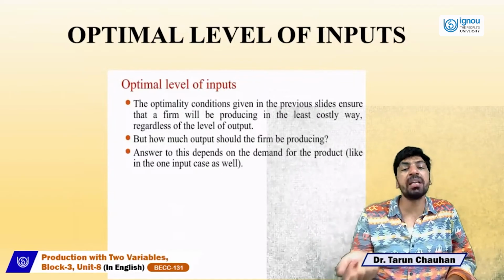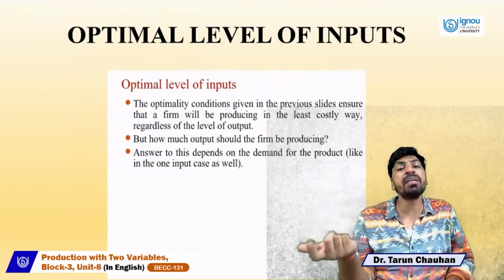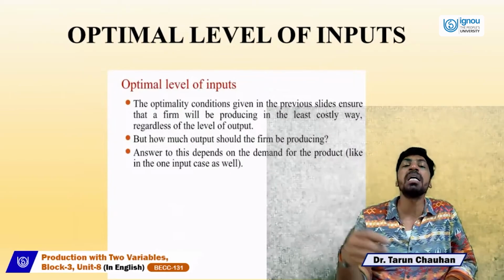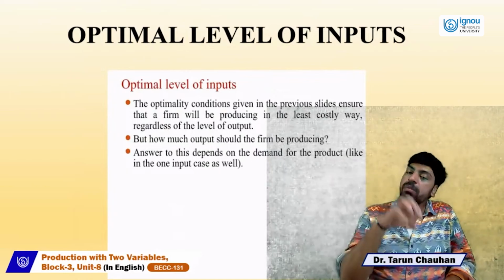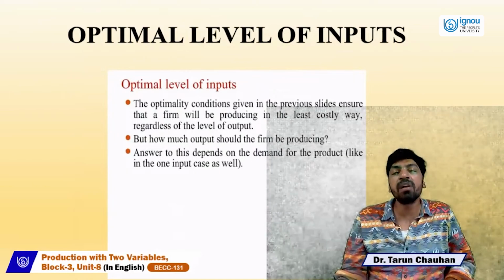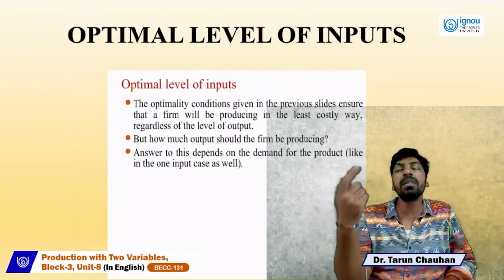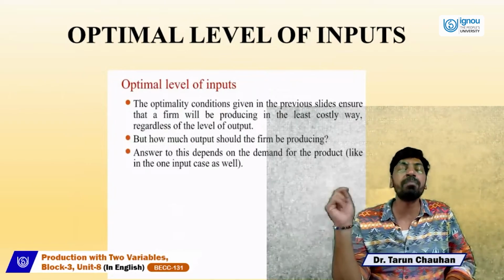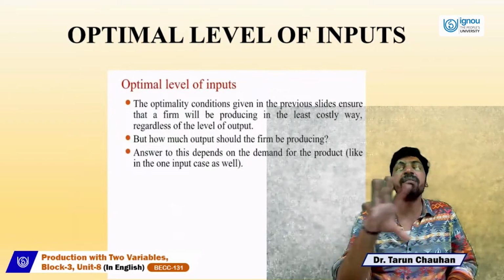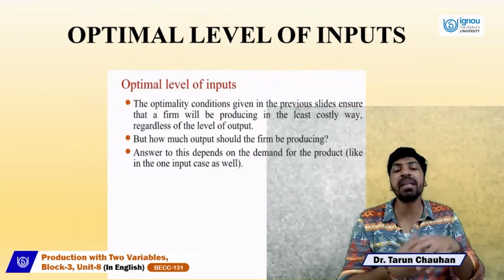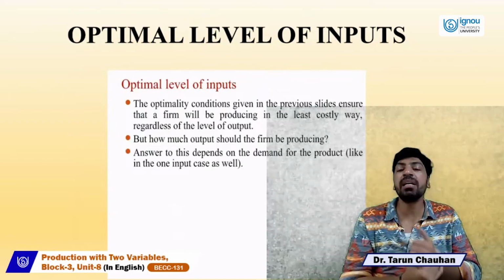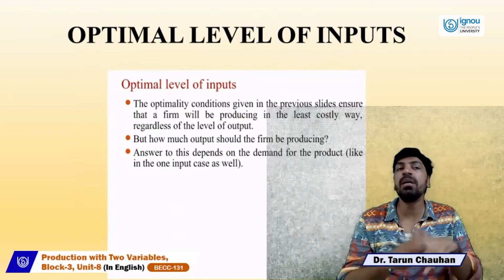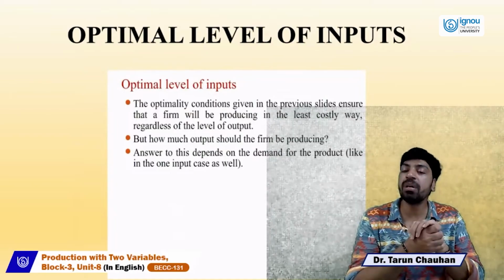If you see the previous slides in the diagram, at the 5 units level of output, the firm will also produce 5 units based on the situation, the conditions and the time period. So this is how it depends, and when we answer this question, it also depends